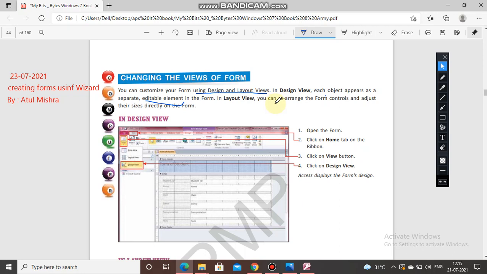Okay, auto format. If I have taken like this, it will show me like this. Line color, if I want to change, I can change the line color also. Line thickness you can change from here, see. Okay, logos, if you want to put, you can put any logo over there. If you are having any logo, then you can just put it there. Right now I am not having any logo. If you are having like APS, you can just put it there anywhere you want in your form.